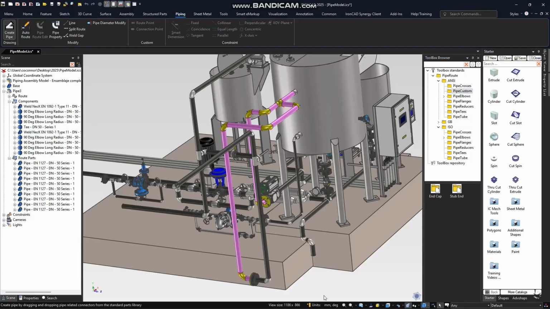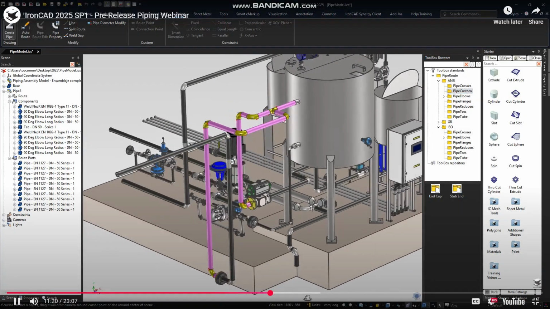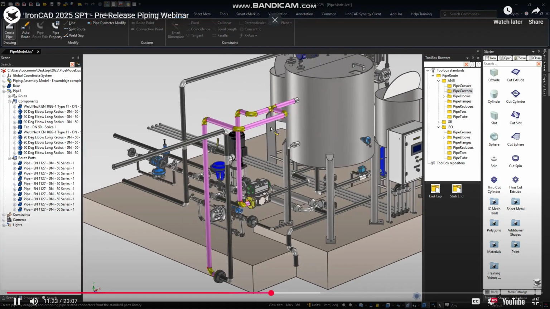But that gives you a quick overview of the pipe run capabilities. And again, this can be created into the drawing. The bill of material will be created for